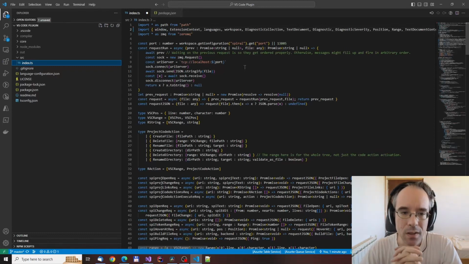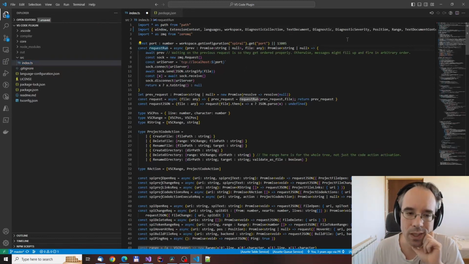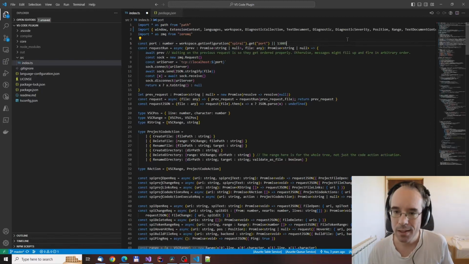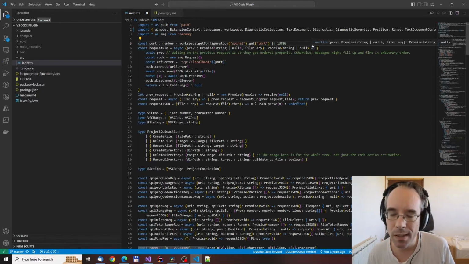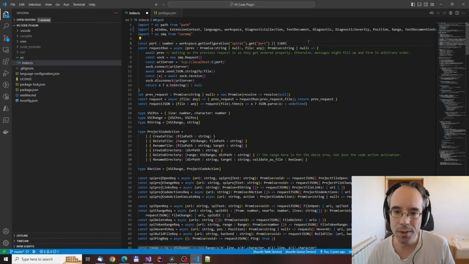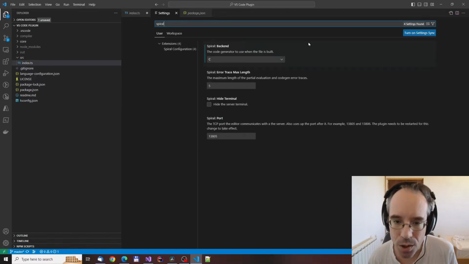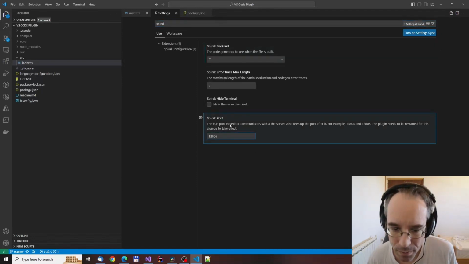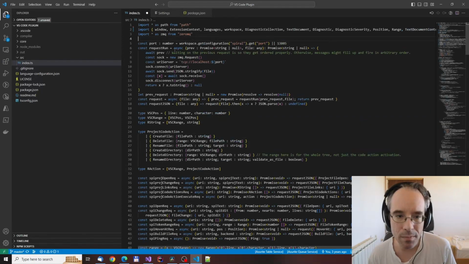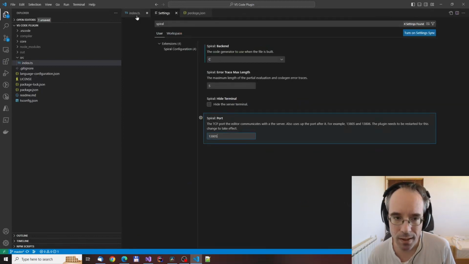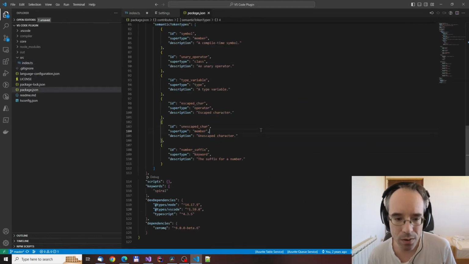Now, okay, let's go over it one by one. This const port number, workspace get configuration, and so on, this just gets the port number for Spiral. If you have the extension installed, here is what it does. I'm pressing Ctrl and comma here. This will open the settings, and then you just type Spiral into the search, and this is the port. This is what this particular line of code gets from the settings,